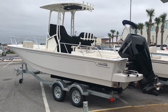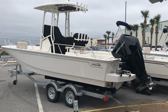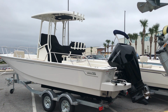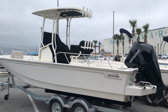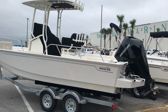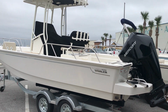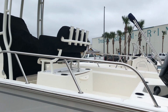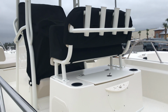Wow, isn't she beautiful? Look at this 2019 completely redesigned 210 Montauk by Boston Whaler. Beautiful hull color. It is oyster gray with the all-new Mercury 200 4-stroke. It is a naturally aspirated engine, and this boat is loaded with options. It's got the upgraded leaning post with livewell underneath,